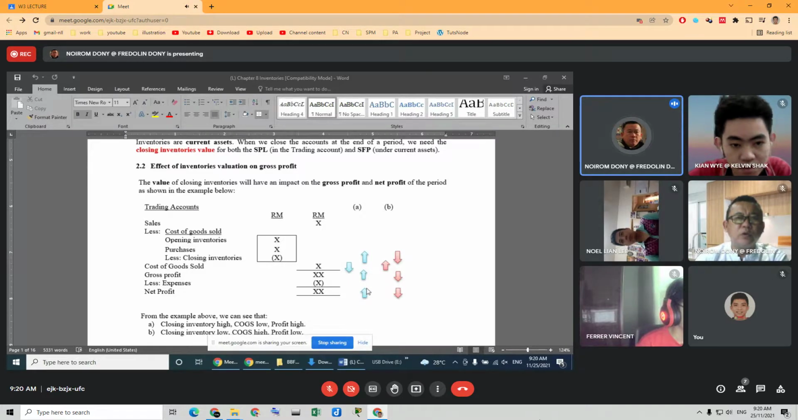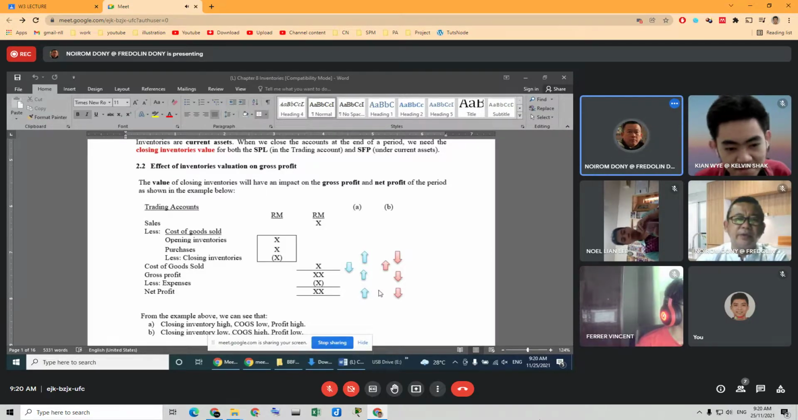So you are going to be taxed by the government with overstated tax. You overpaid the tax. So the prudence concept is guiding us. We should not overstate our closing inventory because of this effect, so that we have a lower net profit. So at least when we pay the tax also, we are not being